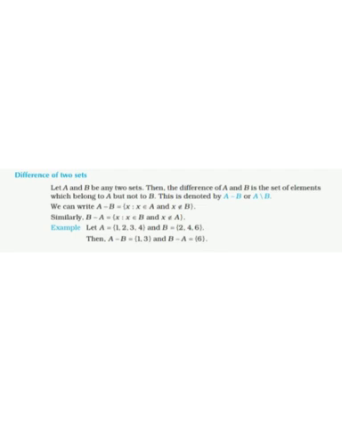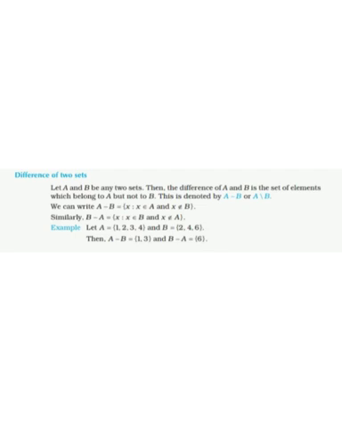Example: let A is equal to the set {1, 2, 3, 4} and B is equal to {2, 4, 6}. Then A minus B: both have some common elements, 2 and 4, so you cancel those. A minus B means the common elements of A and B are subtracted and the remaining part of A is the answer. So 2 and 4 will be cancelled, and the remaining set A has 1, 3.